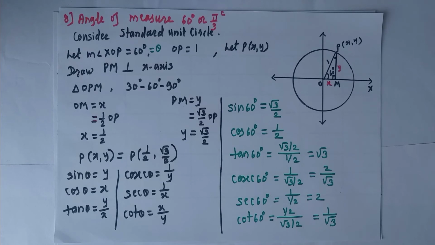Okay students, it is easy to find the values for 0, 30, 60 degrees. If the angle is 30 degrees, 60 degrees or 45 degrees, it is also easy to find if you know the properties of the 30, 60, 90 degree triangle and the 45, 45, 90 degree triangle. Now see, at your high school level, you derived a table for 0 to 90 degrees, and there you wrote all these values, but you used some trick to write that table. That is only a trick to remember the values. Actually the values come like this.